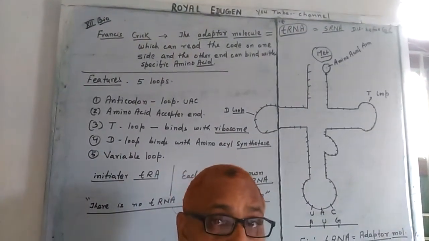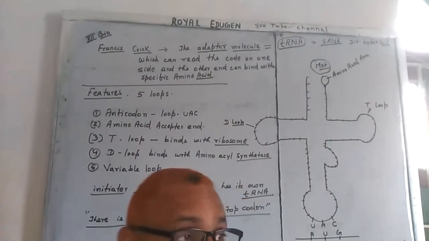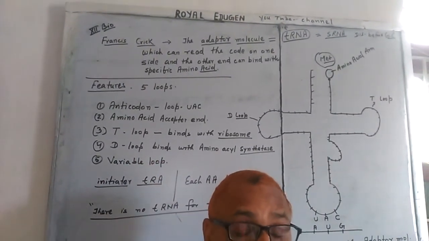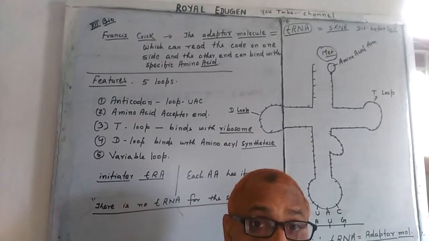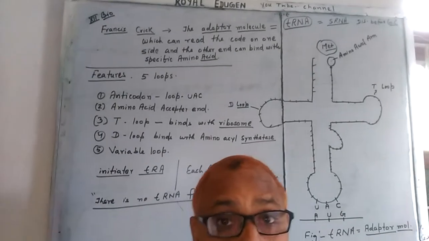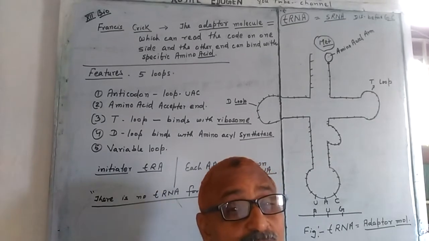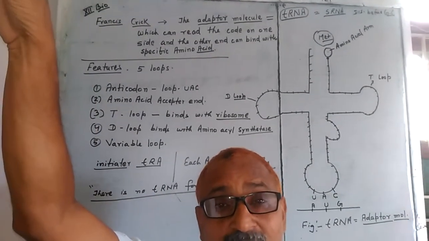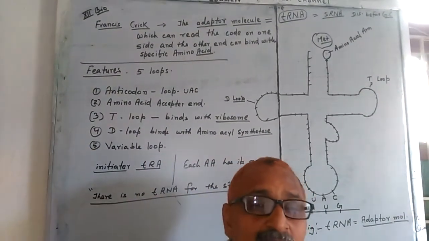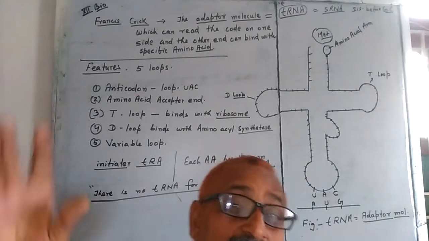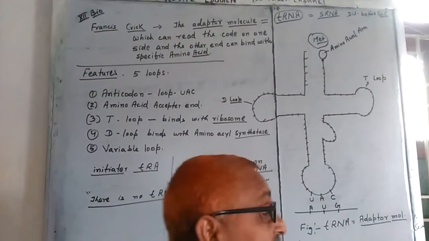How does it work like an adapter? An adapter is a thing in your electronic devices, which recognizes the high voltage at one end and makes it utilizable at low voltage. So it converts the high voltage to low voltage. Whatever we need, whatever the requirement, and whatever the availability, there is a linkage. It links the available things with the needful things. So here transfer RNA also works like that.